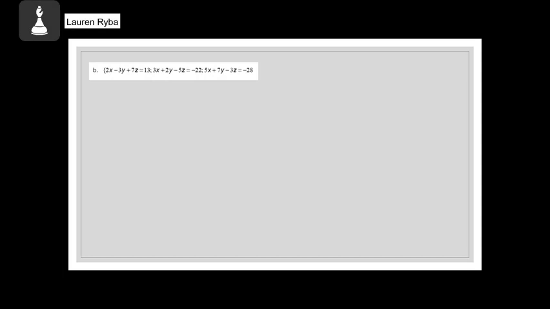All right, next trio we have 2x minus 3y plus 7z equals, this should say 25. 3x plus 2y minus 5z equals negative 22. And 5x plus 7y minus 3z equals negative 28. So we're going to start just like we did the last problem. I'm going to write the first